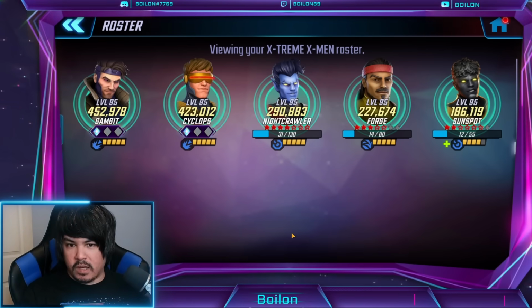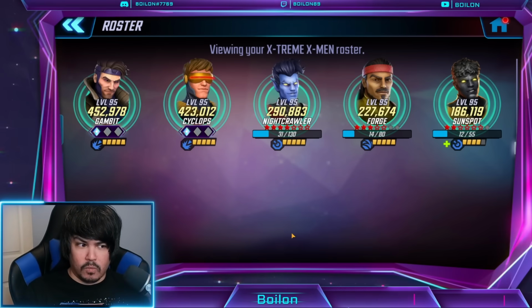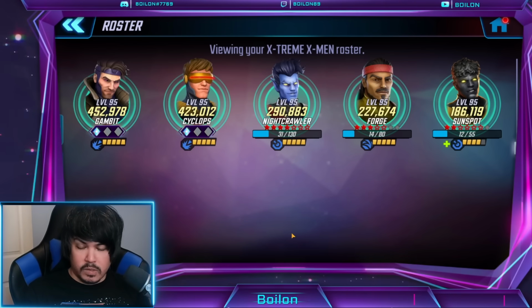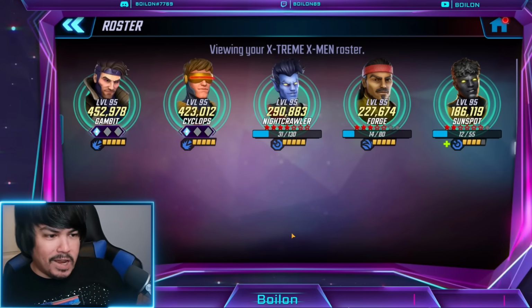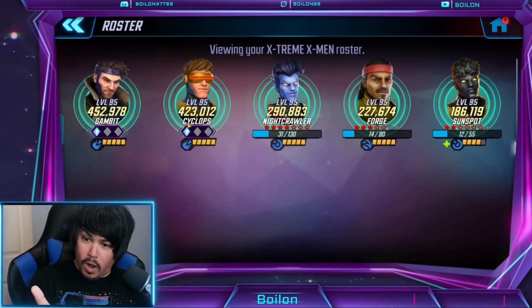As far as a 3-man team goes, I think actually you'll get a lot of value out of using the Extreme X-Men roster in some capacity. This could be Nightcrawler, Gambit, and Sunspot. It's probably going to include Nightcrawler and Gambit, frankly, as the 2 main characters. And then your third one, you could bring in Cyclops for 1 node once he's